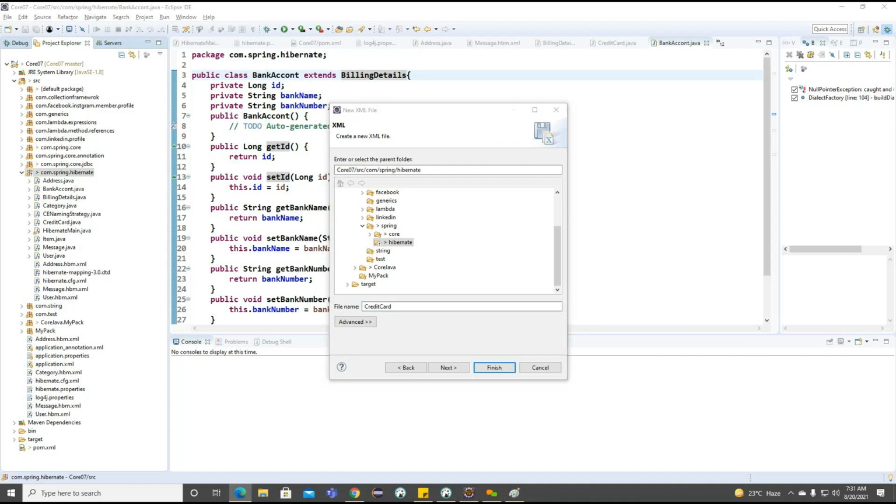This is not much information we can create for the credit card. But now the problem when we are trying to work on the table per class hierarchy, because with table per concrete class we are going to create each table, we'll inject the properties here. Okay, so this is not a problem here. We'll create similar classes and provide the information. But now here I'm creating BillingDetails here.